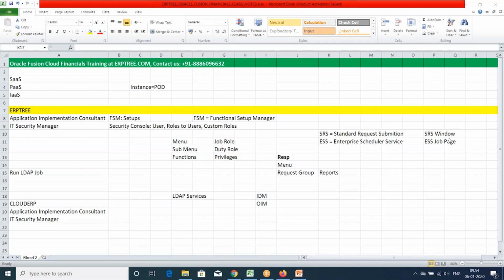There may not be customization, but at least for conversions we need them. That is not there in the cloud now. The conversions we can handle, whether master data or transactional. That also we are going to cover in our classes. Complete master and transactional data conversions we are going to see. But technical people we don't require.